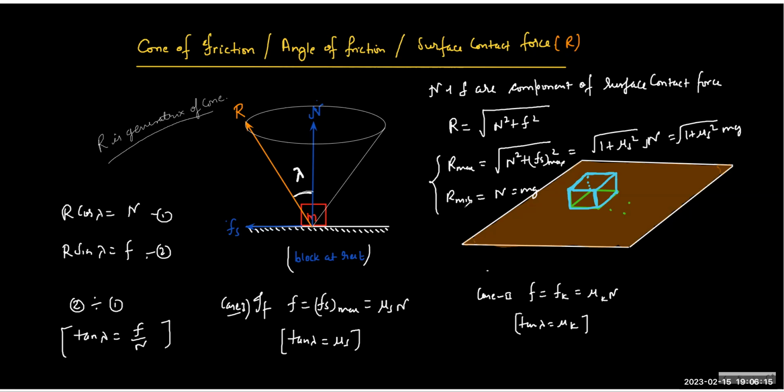So when there is no tendency of motion, the friction will vanish, but the normal will not vanish. In that case, the surface contact force itself is normal, which is mg. So the general value of R, and now this is very, very crucial relation. The general value of R in this case will lie from where to where? It can be from mg up to